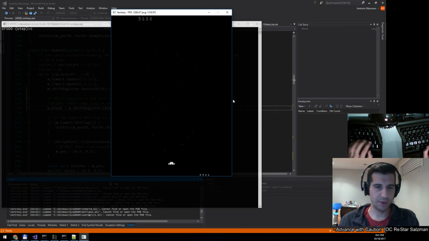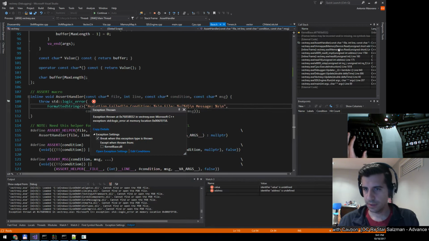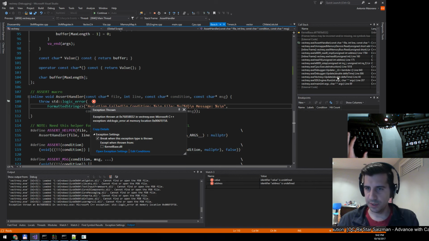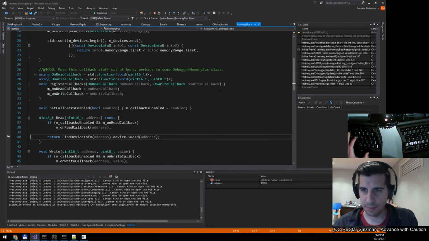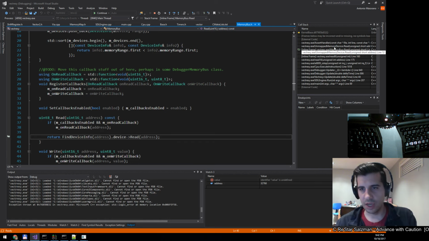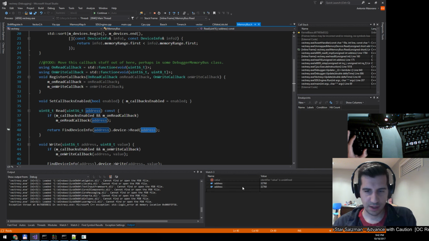Okay, so it doesn't look like I broke anything so far. Oh. You know what? I got this when I was testing the game last week. This is not really related to my change though. We're just getting, for some reason, a read on the memory bus on an address that's not mapped. It goes into the so-called unmapped memory device, and for some reason the game is trying to read at a